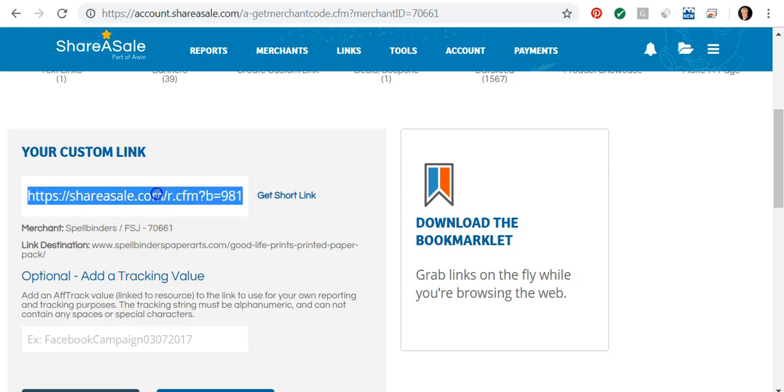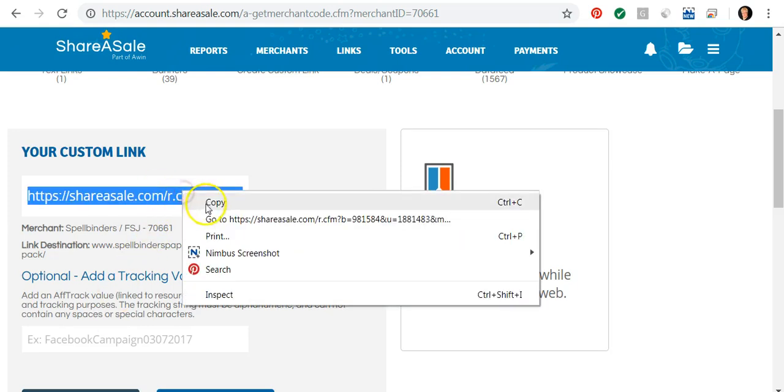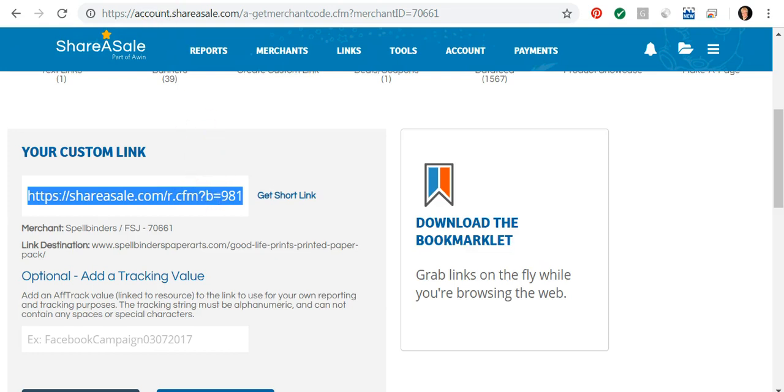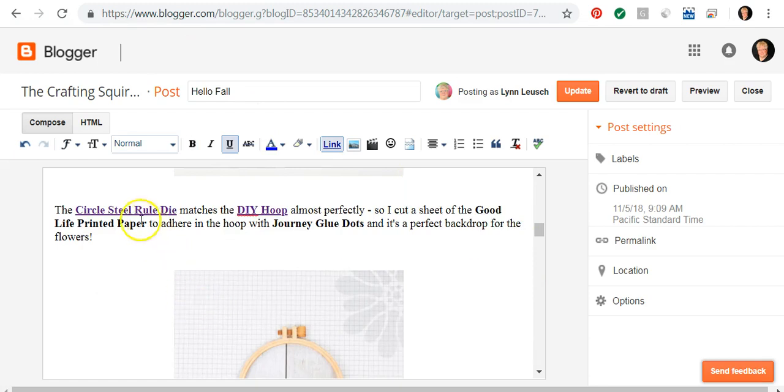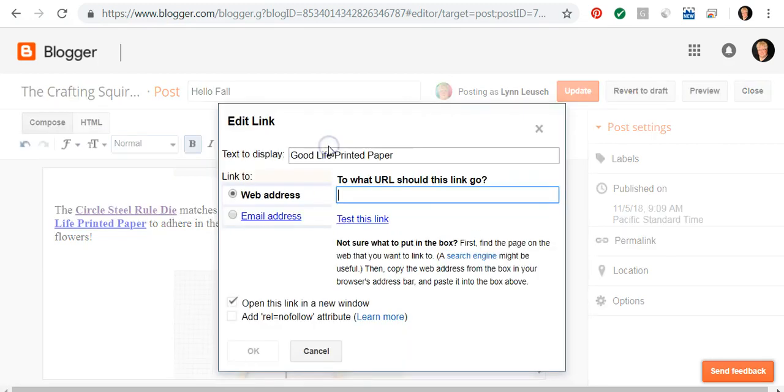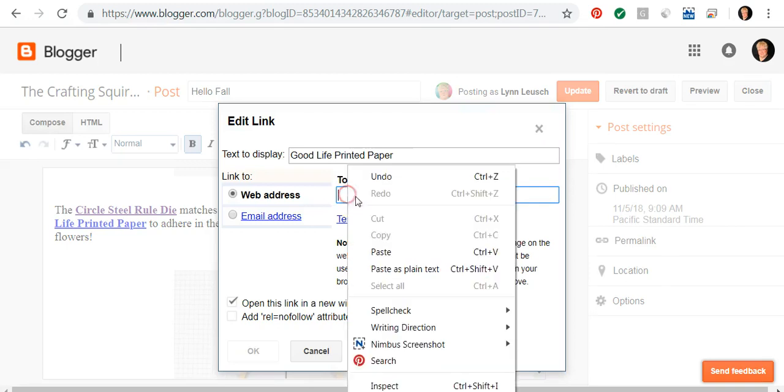Then I'm going to highlight it, copy it, take it back over to my blog, and now, again, I want to link this up. So I'm going to highlight this area right here. I'm going to click on link, paste the URL,